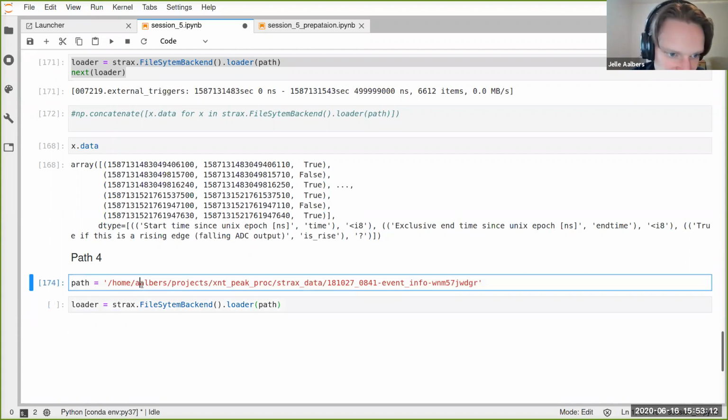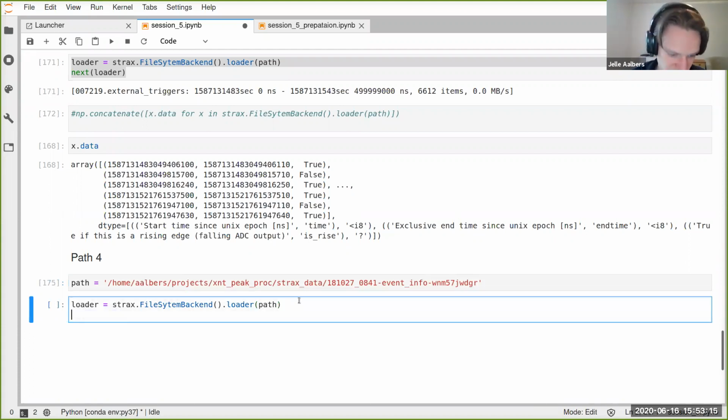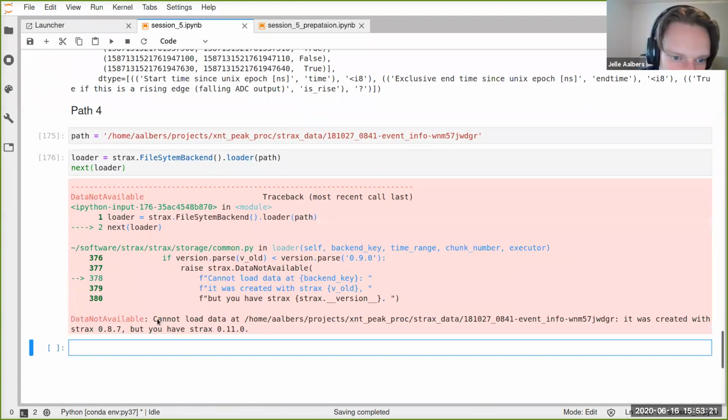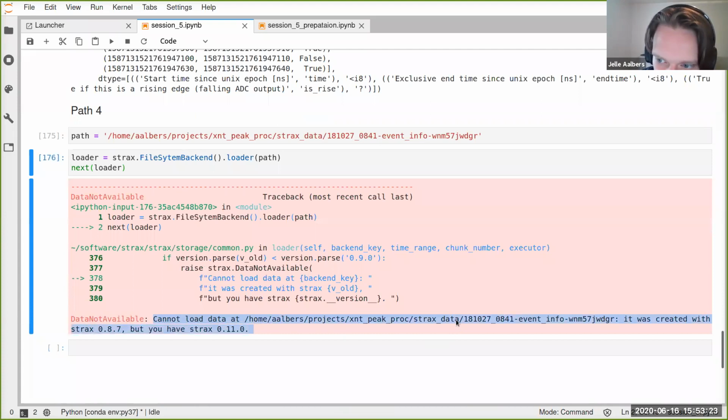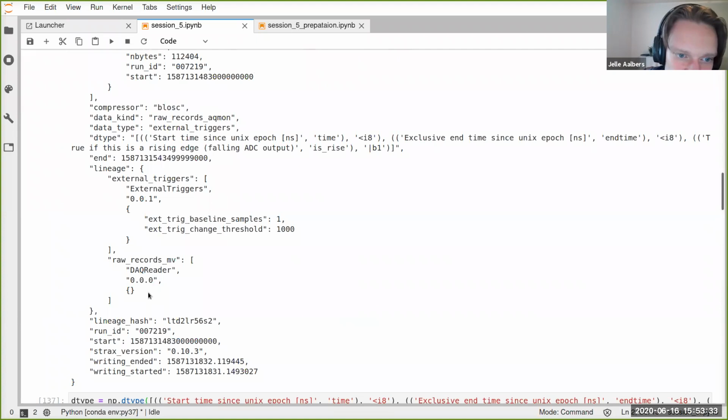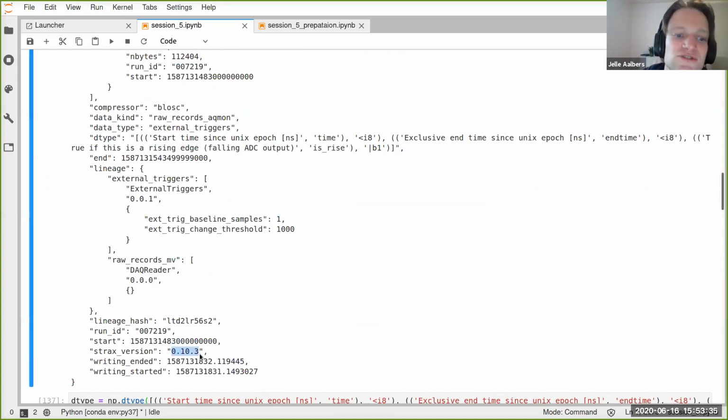The reason I picked this example is because this is an example where even this does not work. Here it says, hey, I cannot load this data. It was created with Strax 0.8.7, but you have Strax 0.11.0. But I just told Janyu, when he noticed this is created with a different Strax version, oh, but this Strax version is only sort of stored for fun purposes.